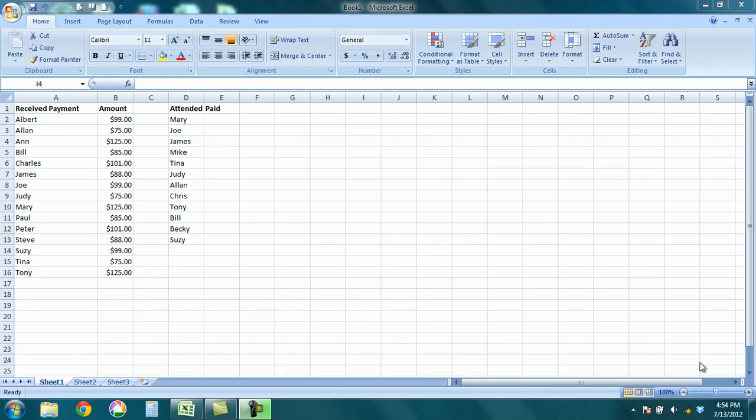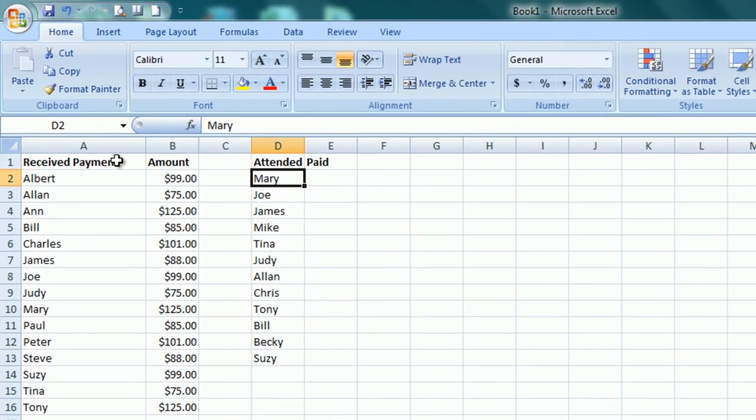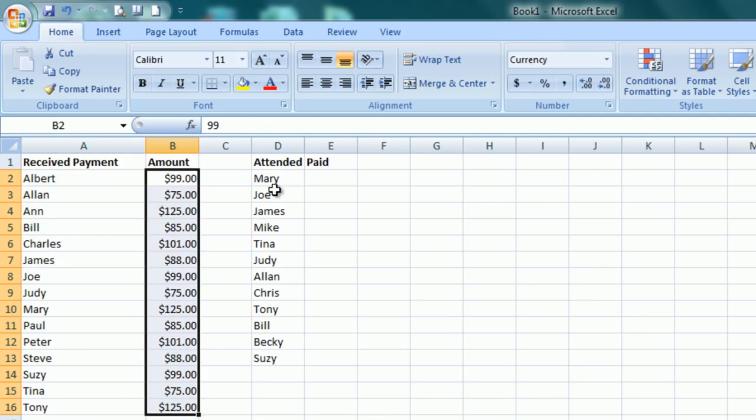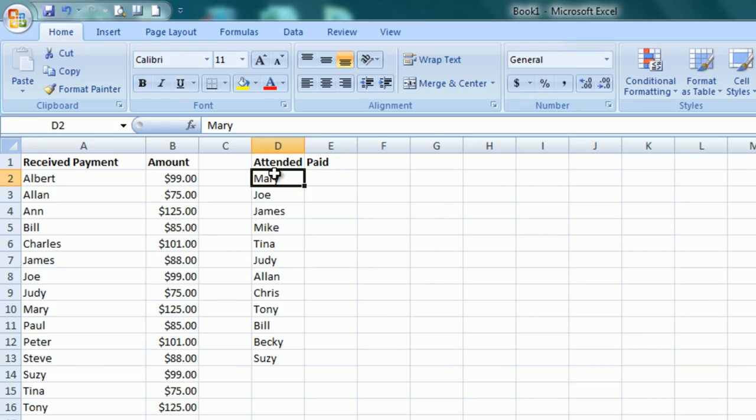Excel. What VLOOKUP is used for is to find a value and see whether it exists in another range of values. So I have a list of people here that paid for an event. All the people that paid are here, and this is the amount each of them paid. Then on this side, I have a list of the people that attended. Not all the people that attended have paid. So I need to find out which people paid and which people didn't by looking up people on the list